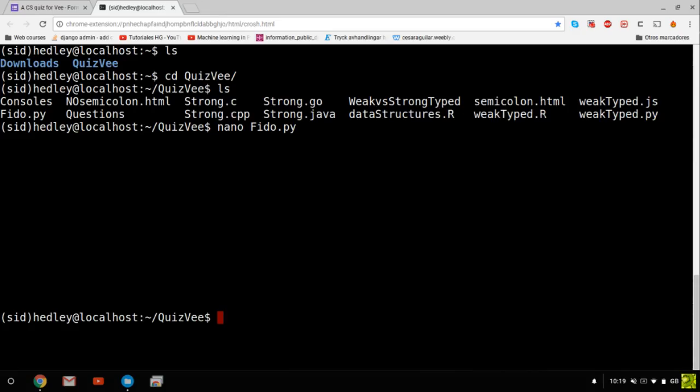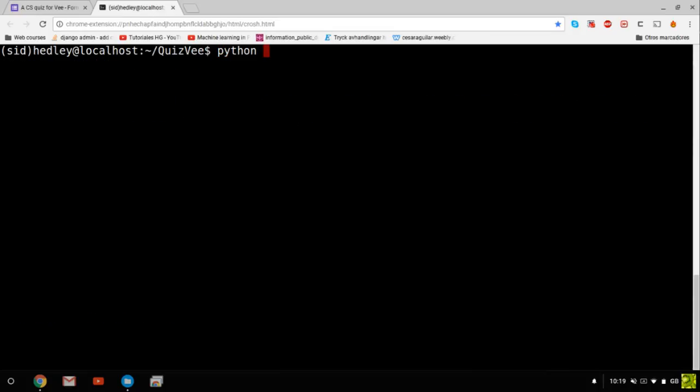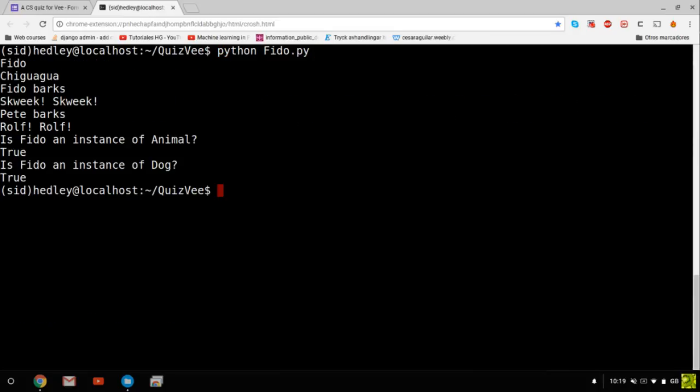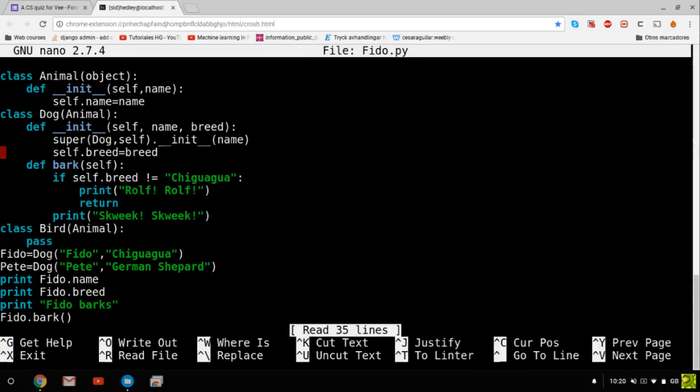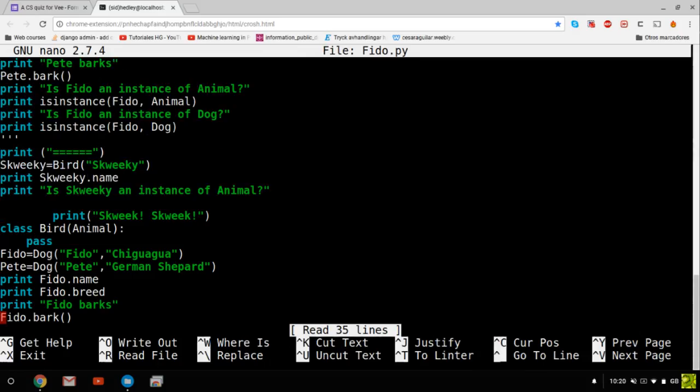In order to run this code, I use python Fido, and when I run the code, we know that the name of the dog is Fido, and Chihuahua is the breed. When Fido barks, it squeaks because it's a Chihuahua dog. When Pete barks, it's a proper barking. Is Fido an instance of the class Animal? This is true, and is Fido an instance of the class Dog? Also true, because when we use the isinstance function,